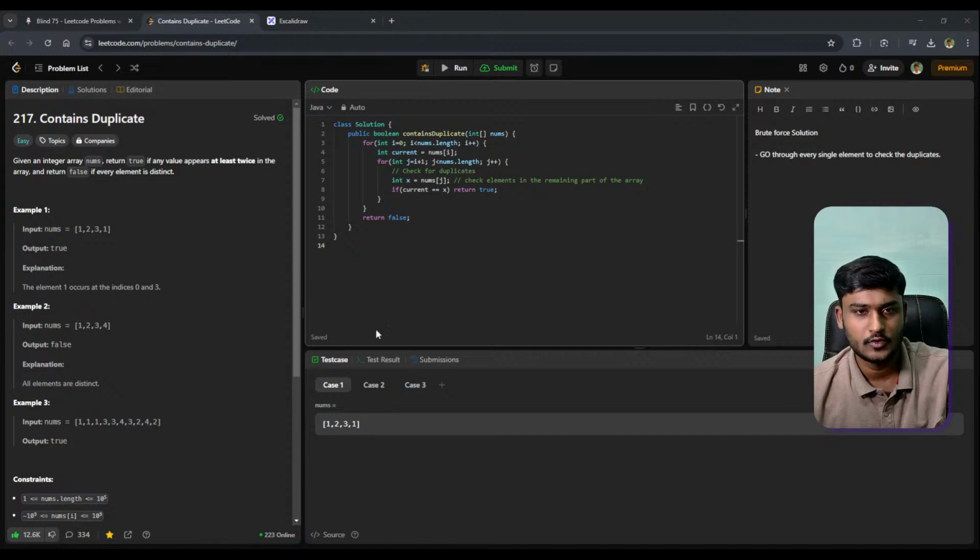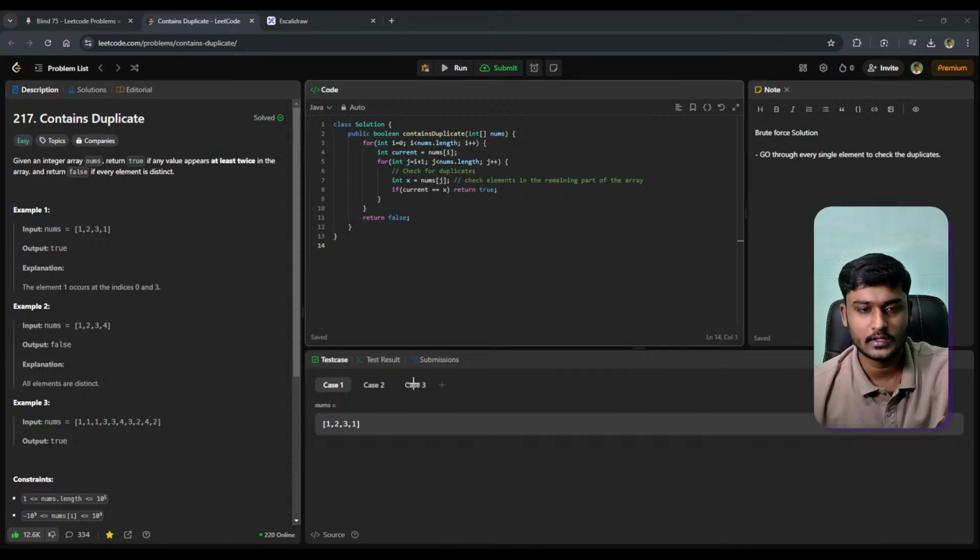Right? So let me just go back to the escalator and go through the iterations. In the second iteration again, current is 2, so we don't need to check the first element because it's already checked. You don't need to check the existing element for j. Let me just write this neatly for j. So j is this, right? You can simply check the current element 2 with 3 and 4. So 2 is not equal to 3, 2 is not equal to 4, and